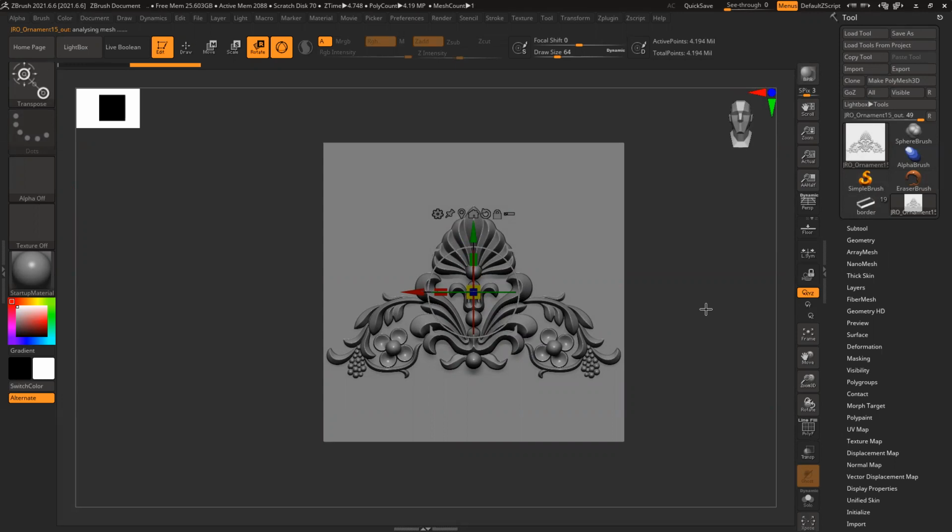So these alphas we can create in ZBrush itself, or you can simply do it in Photoshop also. That also works perfectly. In ZBrush it will be very difficult, like the gradients and all. This one is created in Photoshop only. Usually all this kind of intricate design we do in Photoshop because you have more control over painting. Creating it in ZBrush will be difficult. ZBrush takes time. That's why we use alphas, because alphas give you better and faster results.